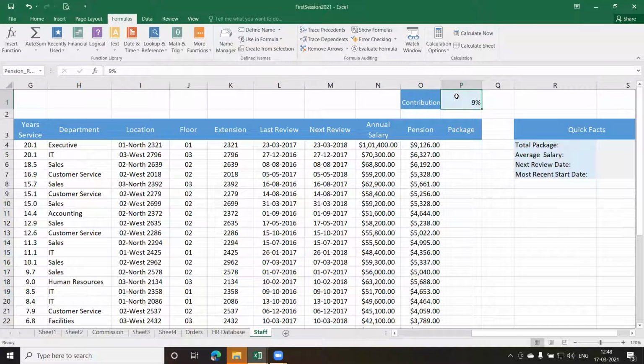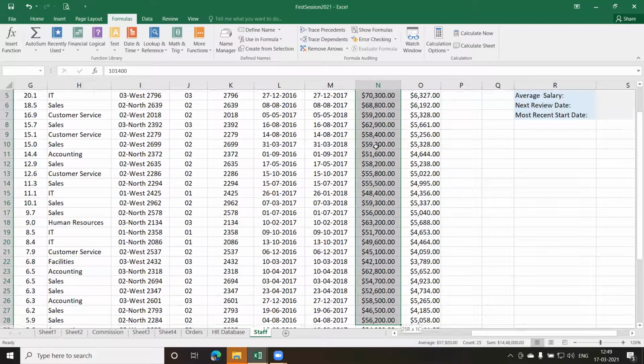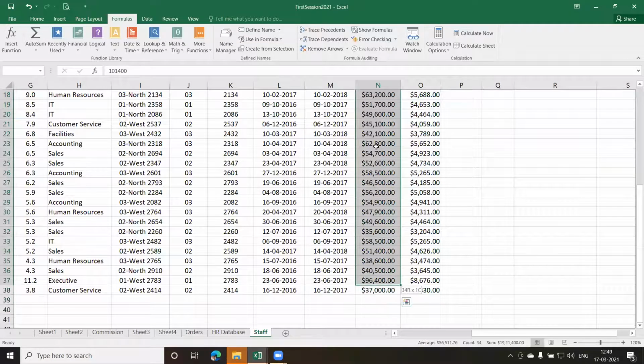The next thing I'll be doing is converting this whole range of salary and giving a name to it. Pension rate was just a single cell. Now, if I want to give this whole thing the name annual salary, I'll select all the cells up to row 38.